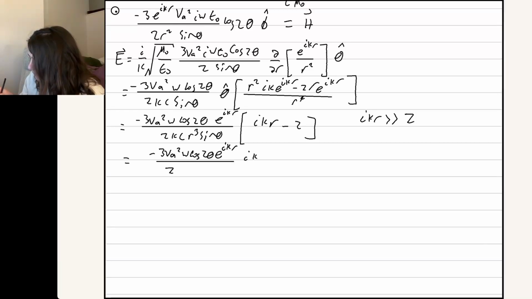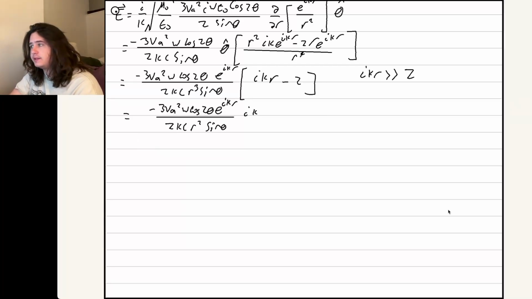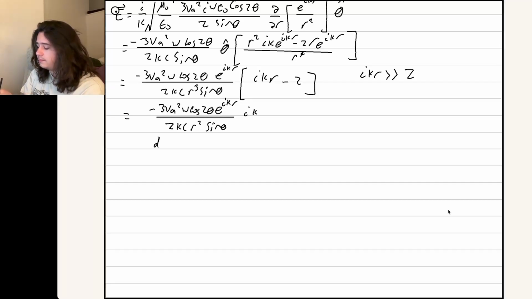And then now we'll have our desired R squared on the bottom. So the electric field decays as it should. Okay, we need to find the angular distribution of the radiated power, i.e. the change in power of the field waves with respect to omega,